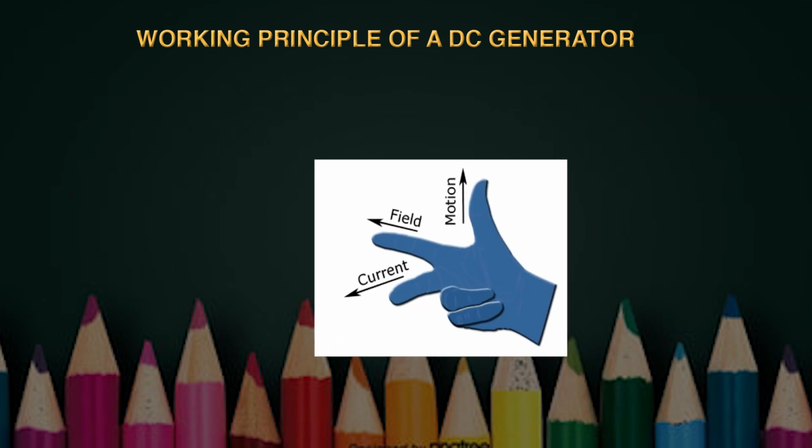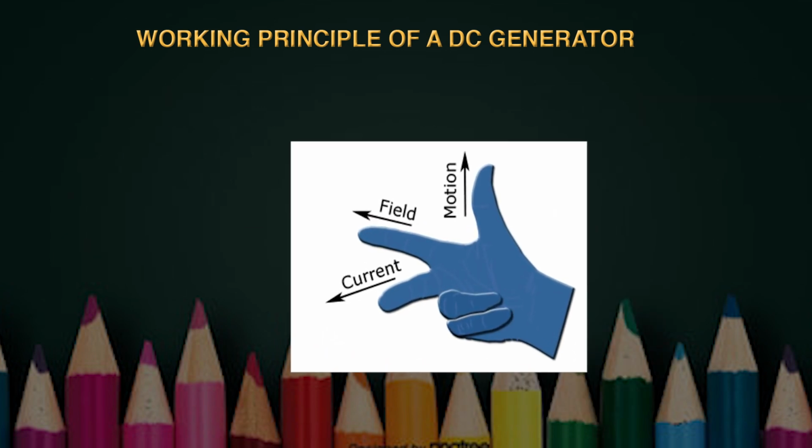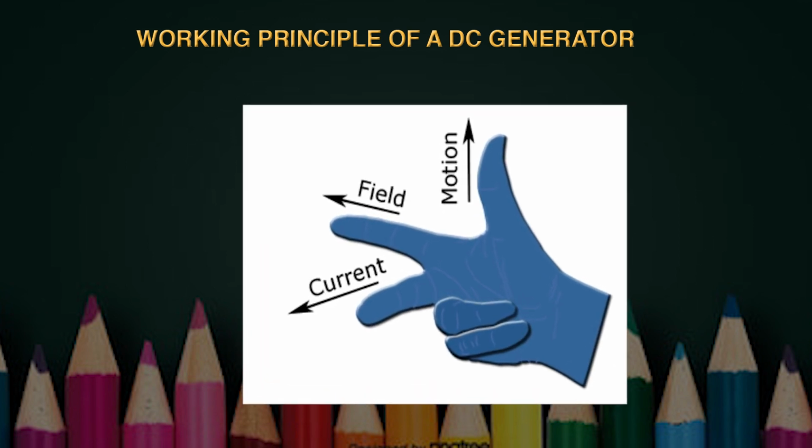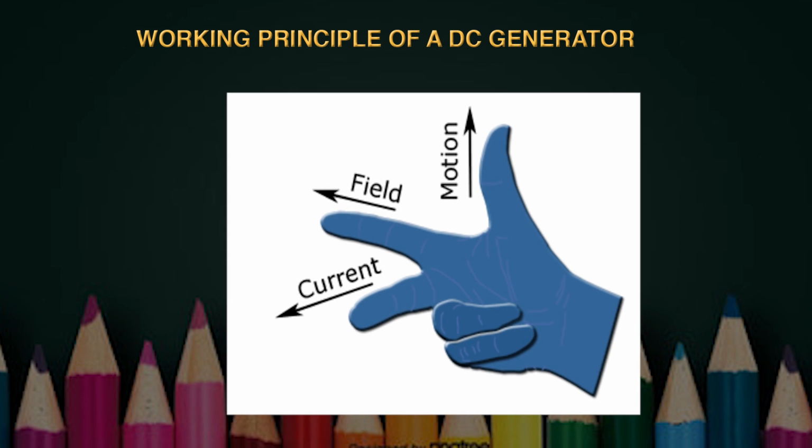Here you can see in the diagram that there are two magnets with a north pole and a south pole, and the armature conductor is moving in between the magnetic field of these magnets. As the conductor starts to move, it cuts the magnetic field. As you know, as per Faraday's law, the rate of change of flux induces EMF, and the direction of the current can be found by applying the right hand rule.